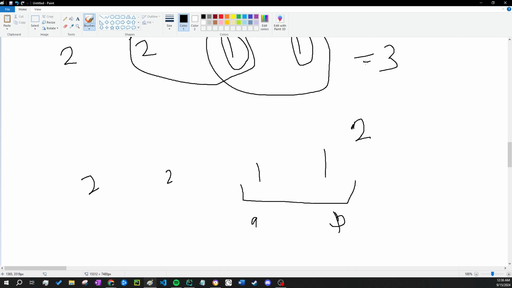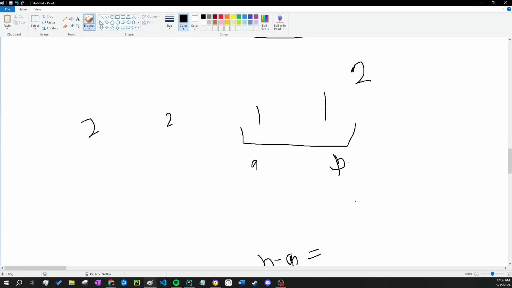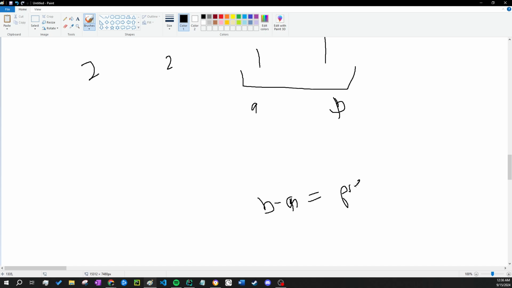So if we try to see that from B minus A equals prefix B minus prefix A minus 1, or A minus 1, right?